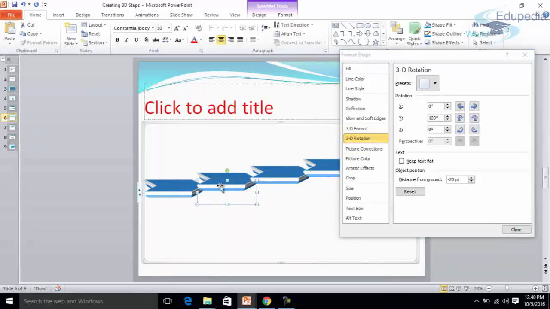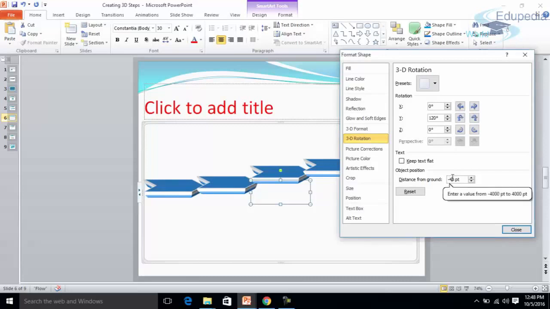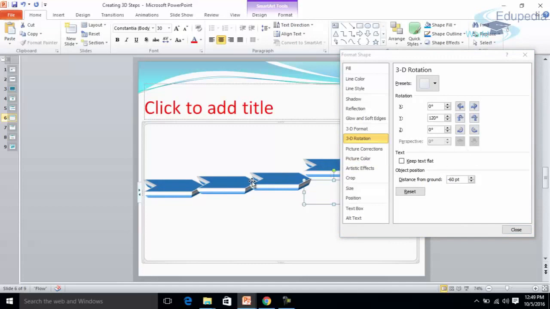Now if I select this, I can keep it like -10. You can keep these angles, you can play around with the figures. Like I am trying to give 10 points, and I can see how much it has been projected. If you want, you can enter 15.